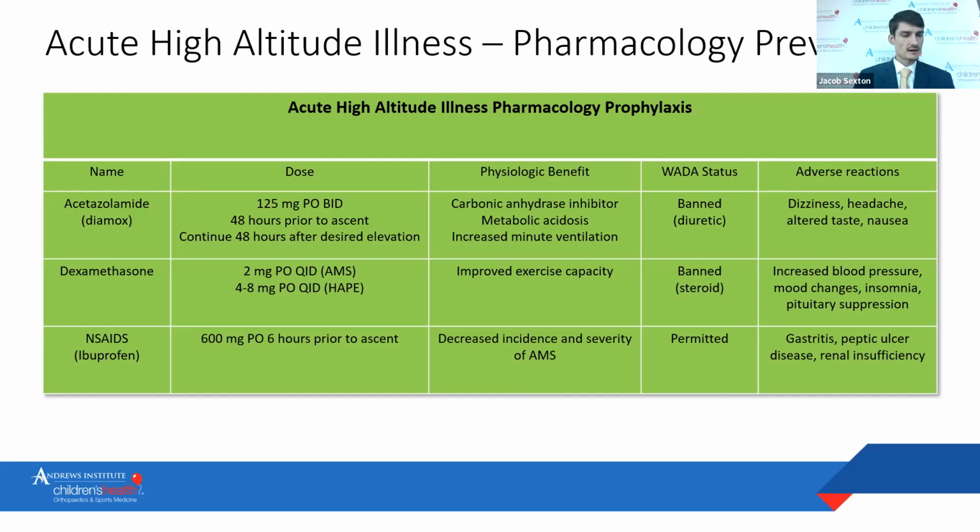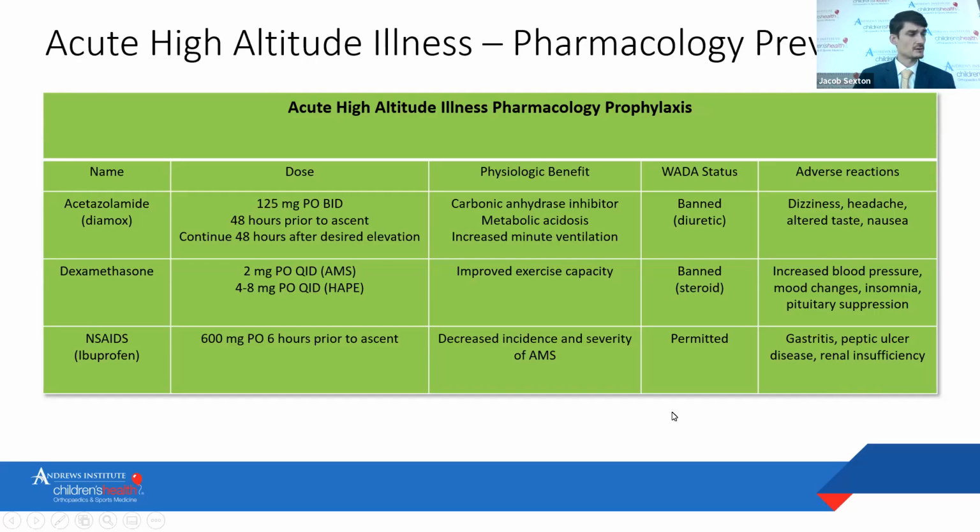But there is some data that shows non-steroidal anti-inflammatory medications such as ibuprofen can help decrease the incidence and severity of symptoms with acute mountain sickness. Typical dosing is 600 milligrams by mouth 6 hours prior to ascent. Fortunately, like I mentioned, it is allowed, as it is not a banned substance. So if you're going to consider prophylaxis in your athletes for acute mountain sickness, ibuprofen is probably the route to go. But keep in mind the gastritis, peptic ulcer disease, and renal insufficiency that can occur with